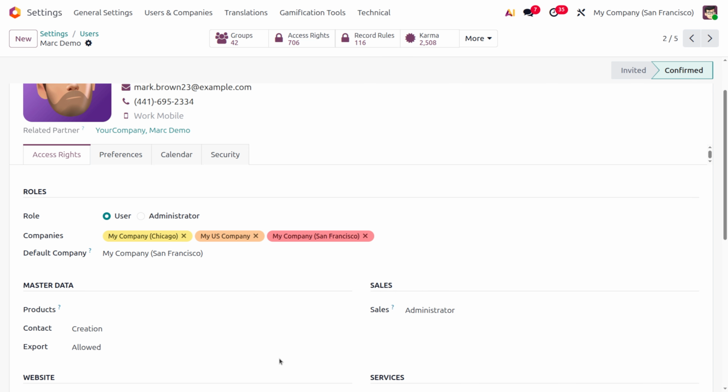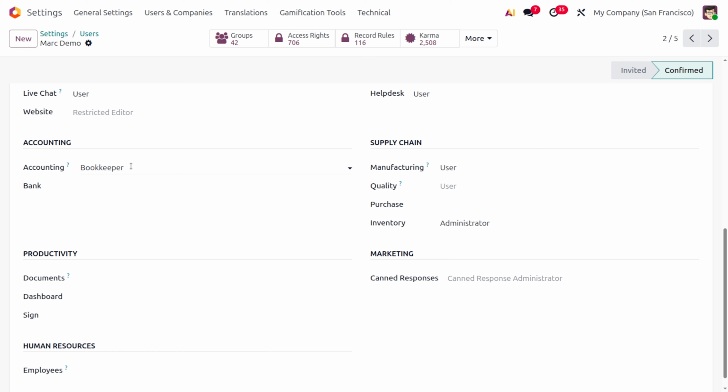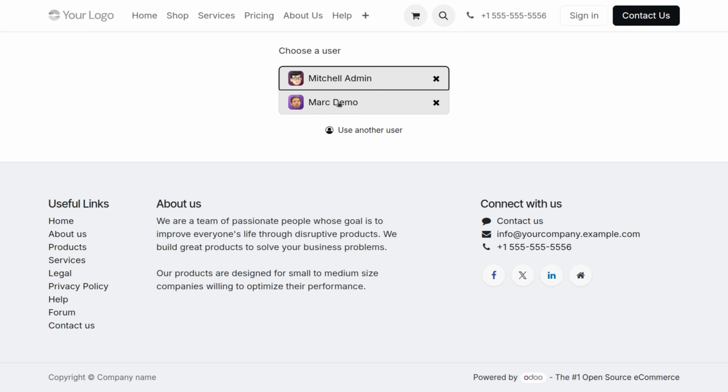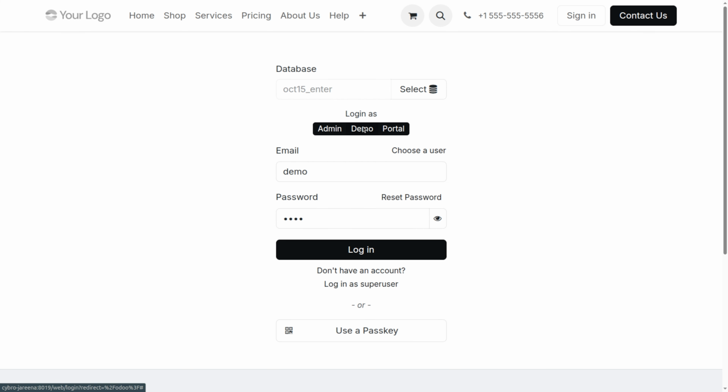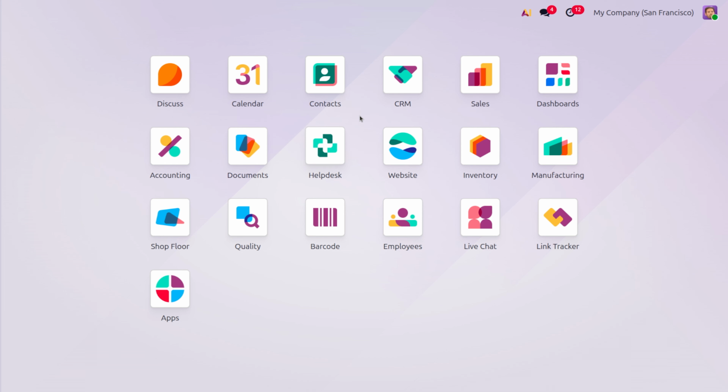Now let me log out from here and log in as demo. Once you have enabled it as demo, here you can see that in Odoo, a bookkeeper is typically a person who is responsible for recording all the financial transactions, keeping the company's accounts up to date. And here you can see that the bookkeeper will not have access to manage the general settings of the Odoo database. But when we move on to the accounting module, you can see that this person can manage